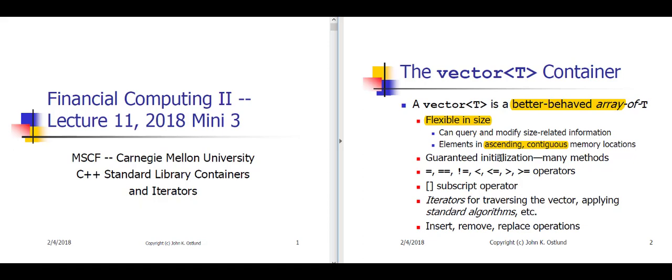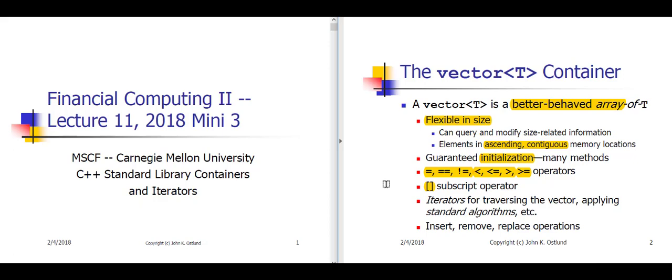A vector is guaranteed to be properly initialized. If you declare a vector object with no initialization information, then you get a properly configured empty vector. And there are many different constructors that can be used for initializing the contents of a vector in a variety of different ways. We can do direct equality and inequality operations and assignment. We can also do relational comparisons of vectors, less than or equal to, and so forth, and we'll see an example of that shortly. Of course, we can do subscripting to access an individual element using the square bracket notation,